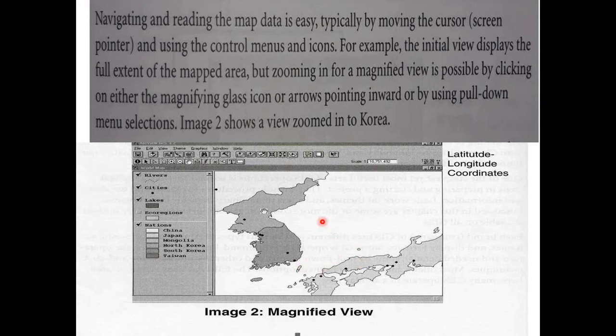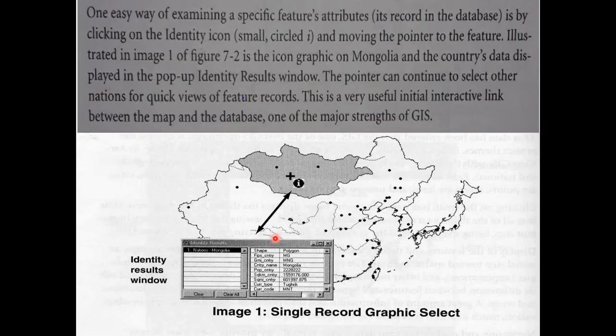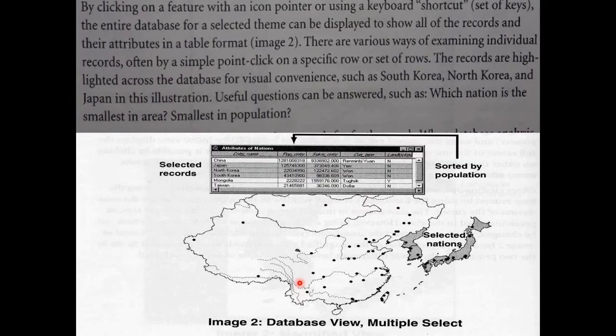You can see another view, like navigating and reading the map, moving the cursor. You can select the features, you can zoom in and zoom out, and you can use the identify tool to click on this polygon and see its country, state, province, and so on. And for further information, if you select any two features, you can sort with respect to population, with respect to income, with respect to age.